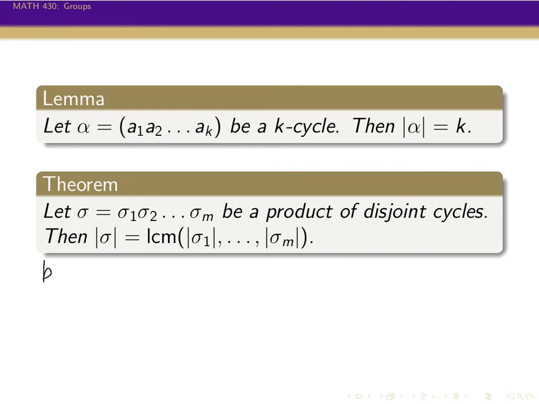And so our base case, this would be sigma is a single cycle, and so this was proved by the lemma. If sigma is just a single k cycle, well, its order is k, which is just what we proved, and the lowest common multiple of a number is itself. Okay. Now for the induction step,